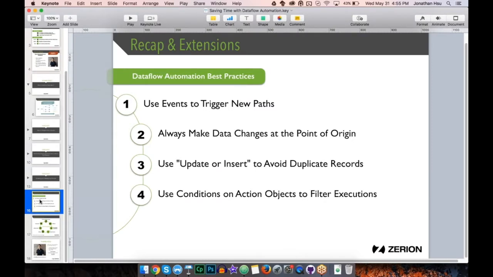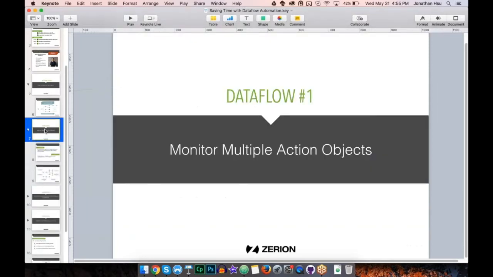So to recap what we went over today during this webinar, I have a couple of best practices that I wanted to share with everybody, and each one of these best practices is going to pertain to one of the particular examples that I showed you. So the first best practice is to use event objects to trigger new paths in your data flow. If we go back to that first data flow I had,